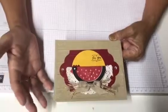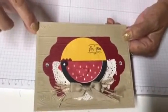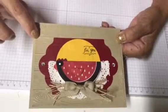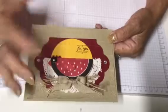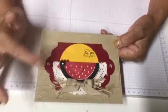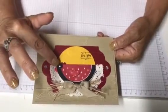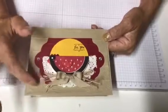And then I just started layering our new folder, which is the plank wood folder, I forget what it's called. And a circle cut in half makes her little wing, polka dots again, red, and the owl punch, I use that for the eye, and then our craft ribbon, and then the